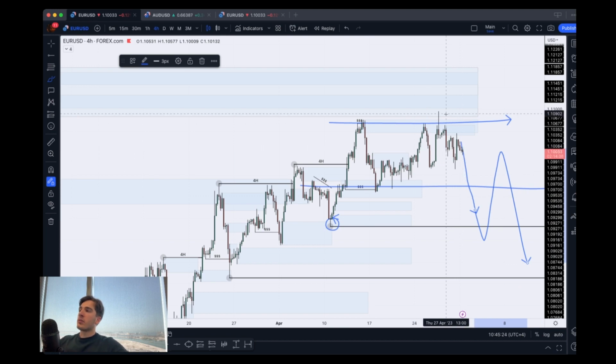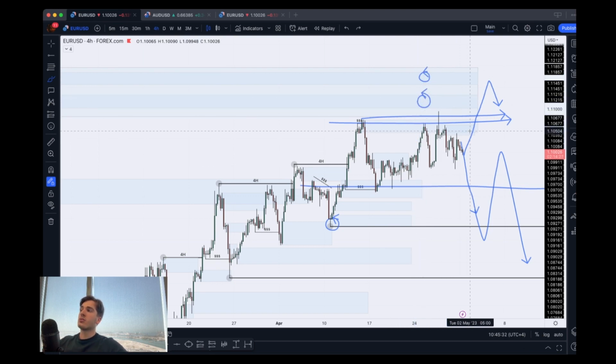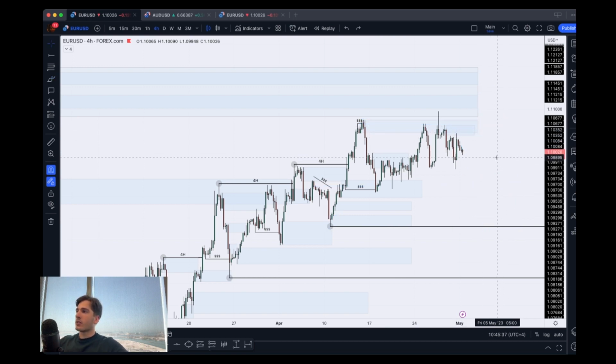Of course, if we break, let's say, these highs over here, then what I'll be looking for is to trade that pullback from either this area of 4-hour supply or this area of 4-hour supply, because those zones are still untouched or untapped. So overall, I am kind of looking for bearish setups on euro dollar, but I do expect euro dollar potentially to head up slightly higher in towards these areas of 4-hour supply, either this one or this one. But if we sell off further in towards the downside, then I'll still be more than happy to look